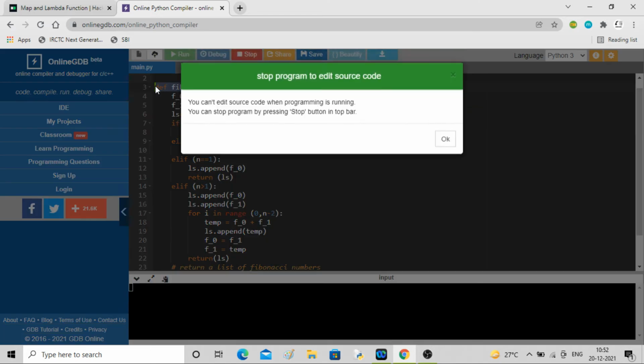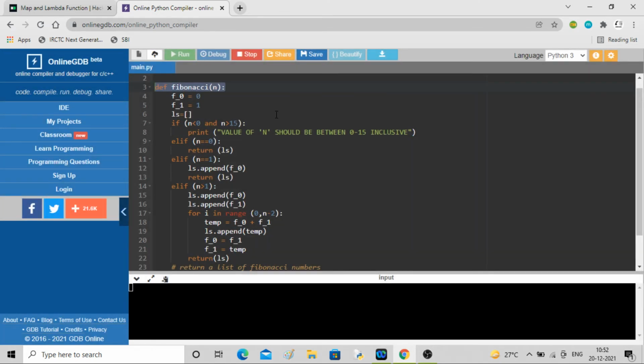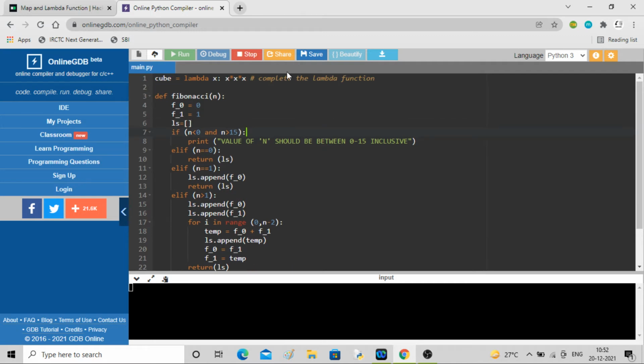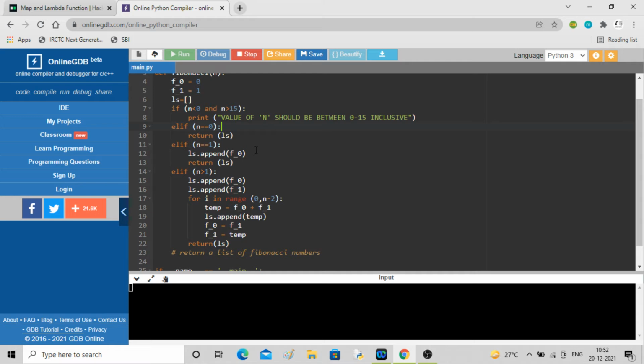Okay, let me remove this. Python 3. Else if. If.